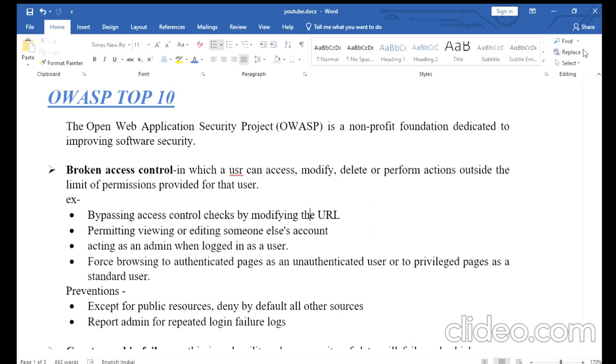So the first, broken access control. One more thing, this video is not a deep discussion of those vulnerabilities. It is just to give the basic concept of those top 10 vulnerabilities, some examples, and how to prevent them. So the first, top 1 web application vulnerability is broken access control,